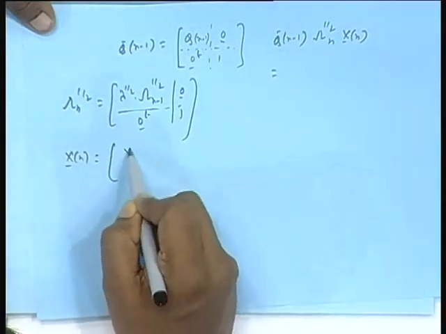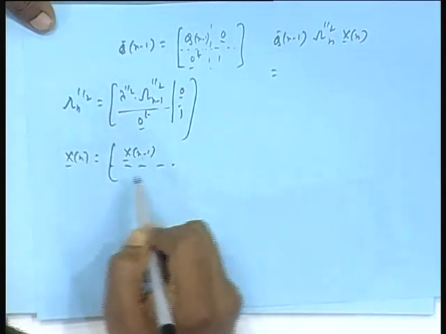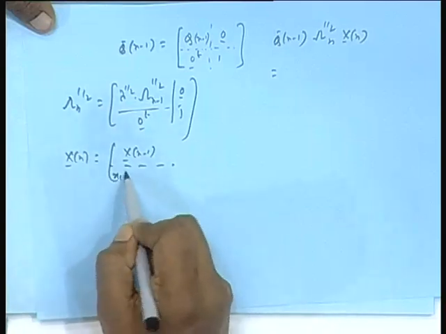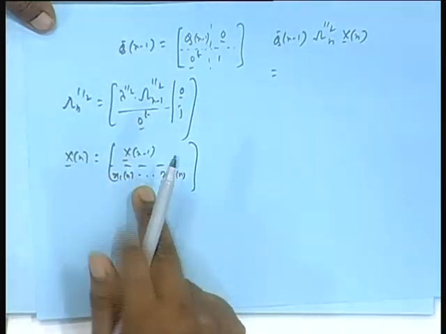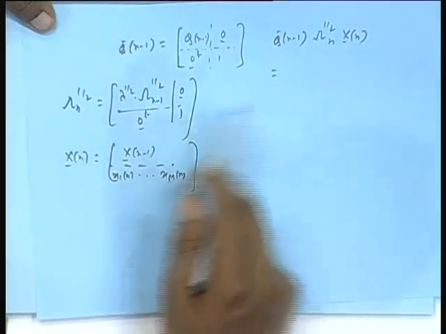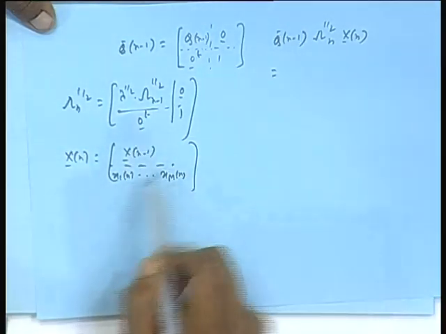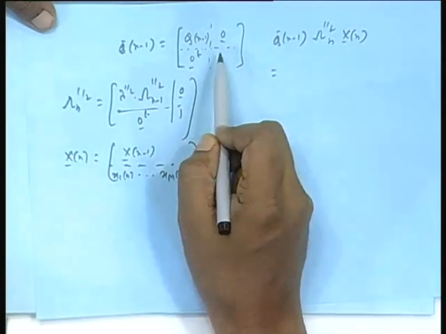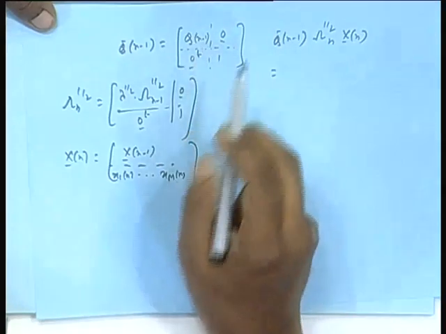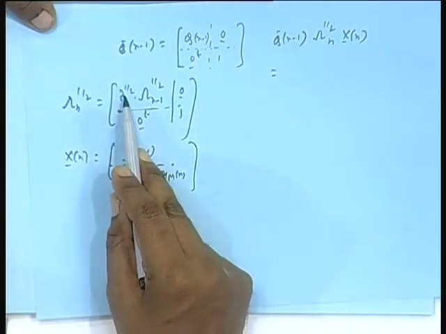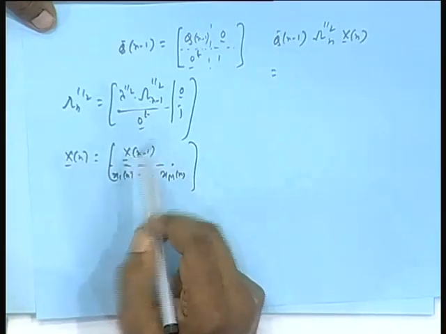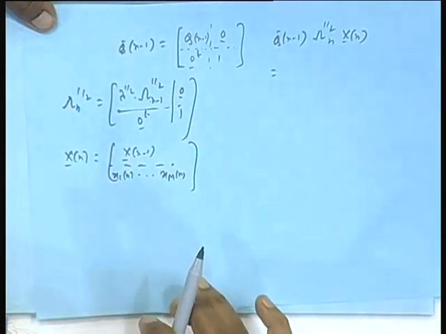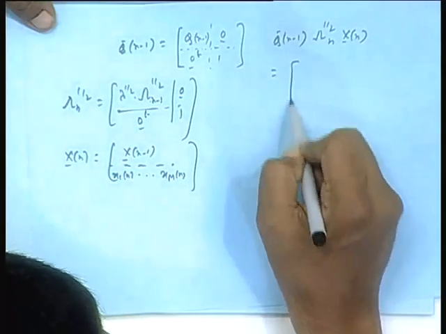X n is x n minus 1 followed by 1 row. Row consists of this x 1 n dot dot dot x m n. So, if you do this into this, so this part multiplies this comes on top, and this comes as a row. On that this matrix. So, this q n minus 1 will work on lambda to the power half into this only. So, that will give rise to an upper triangular matrix and chunk of zeros. So, that means and multiplied by this.